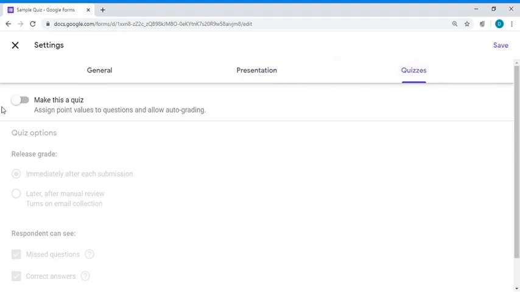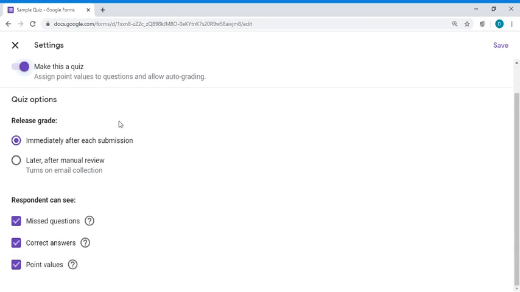Then in quiz, the important setting is make this a quiz. This is very important. Here release grade, either you can select immediately after each submission or you can select later after manual review.